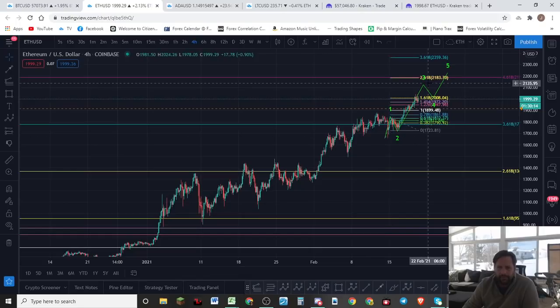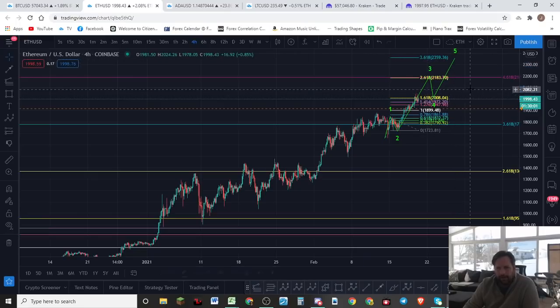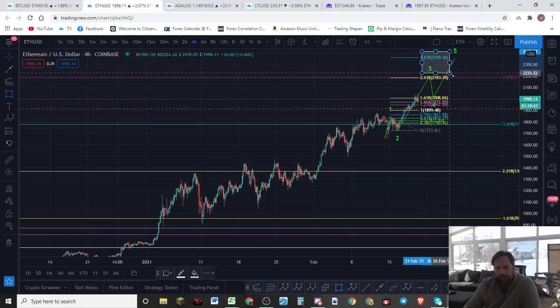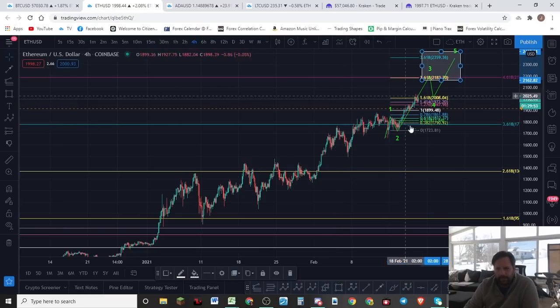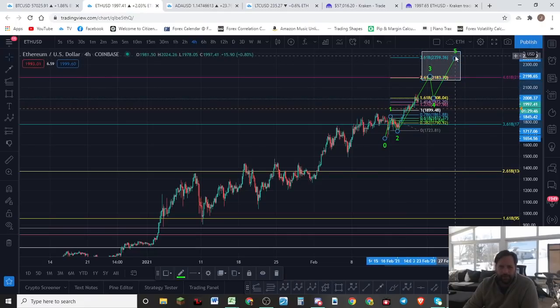Now, if this wave continues up, we've got a target up here about 2200, guys, and the next target up here about 2400, 2350. So 2183 to 2350. Those areas right in there would be potential targets if we can get some momentum going and finish up these waves today or tomorrow. If we can start getting some momentum to the upside here, continuation, I should say, from last night's move,